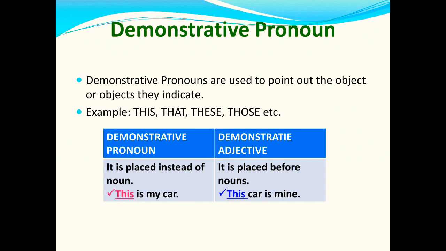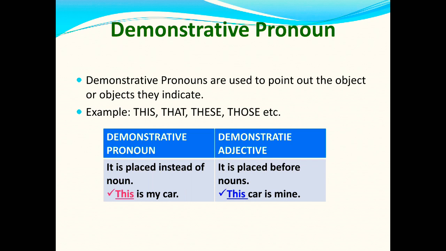Now, what is the difference between demonstrative pronoun and demonstrative adjective? The thing is same. A pronoun always takes place of noun, whereas an adjective takes place before a noun. So demonstrative pronoun is placed instead of noun, but demonstrative adjective is placed before noun. Now look at these two examples. This is my car. Here the word this is demonstrative pronoun,